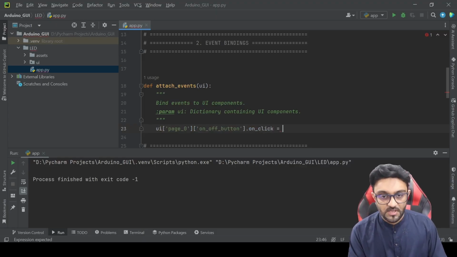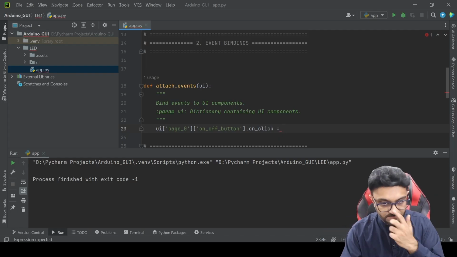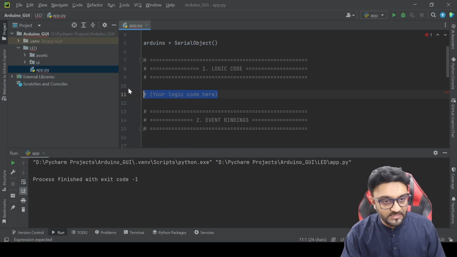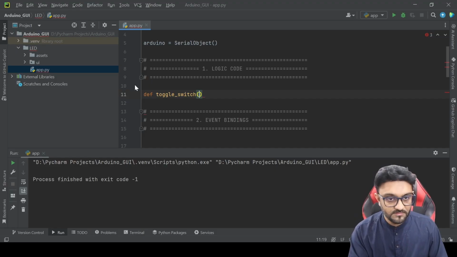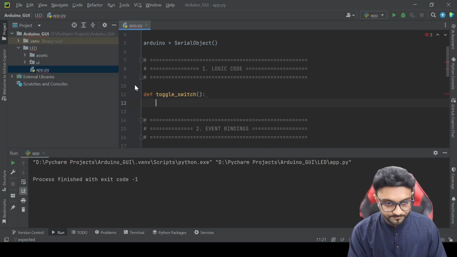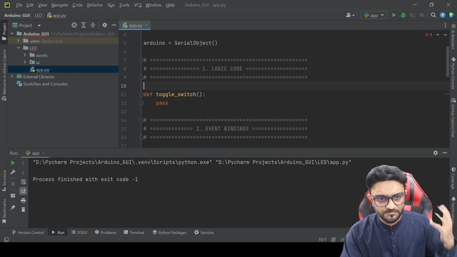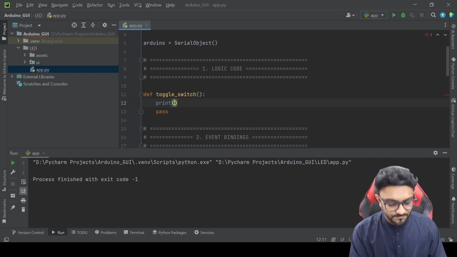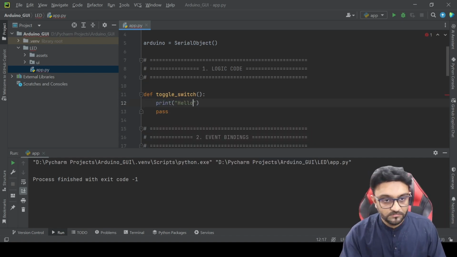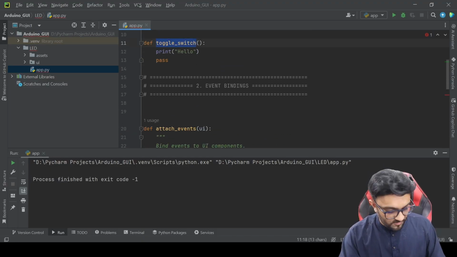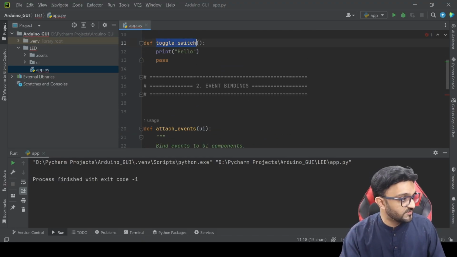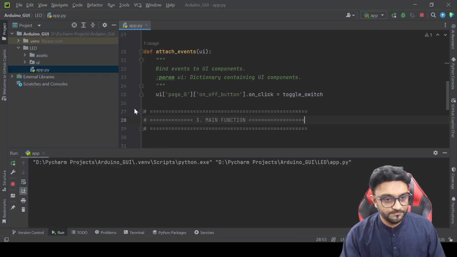Whenever it's clicked, we need to initiate a function. So we need to give it a function that it runs. So we can say that function is, let's say, toggle switch, right? That's the function. And we'll just put pass, or we can write here print hello, right? Just hello. So here we are going to give in the name of the toggle switch function. So if we run this now,